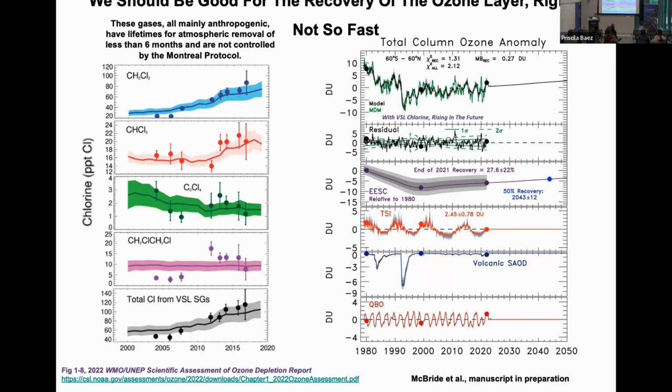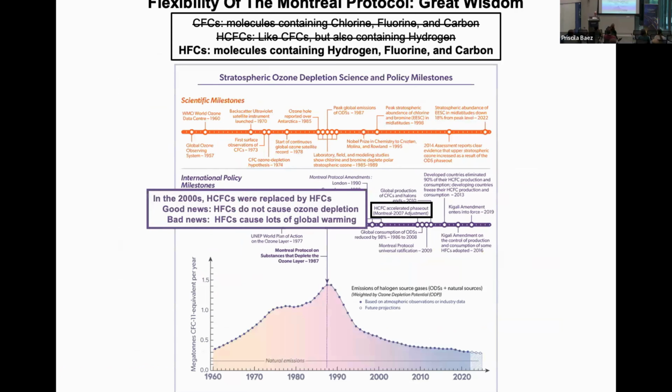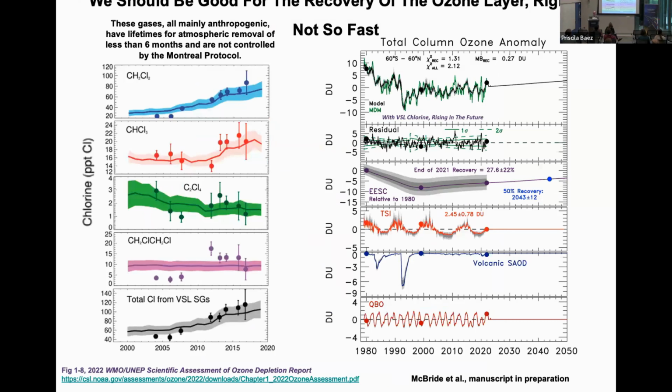Okay, so not so fast for the ozone recovery. And this is stuff we're working on getting out. Okay, so let me talk about some successes. This is different than the EESC. You're showing dates that are earlier than the expected EESC. Yes, so this is the effect of EESC on ozone, but this is not returning to 1980. This is returning to halfway to 1980. So this is the halfway point.